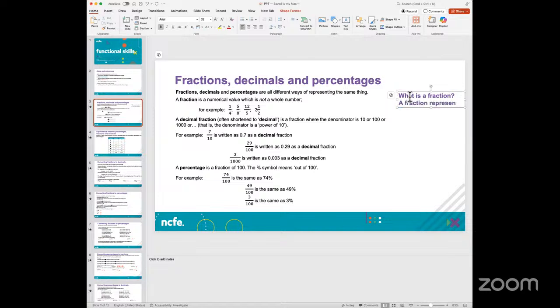represents a part of the whole and, if I add this to complete the definition, it consists of two numbers. What are these two numbers? And I put a bullet point here. One of the numbers is called a numerator, and the other number is called the denominator. So a fraction, if I wanted to represent 7.5, which is basically a decimal number,